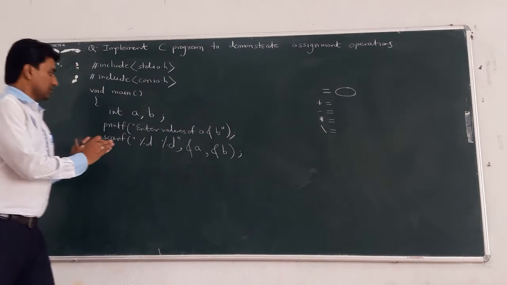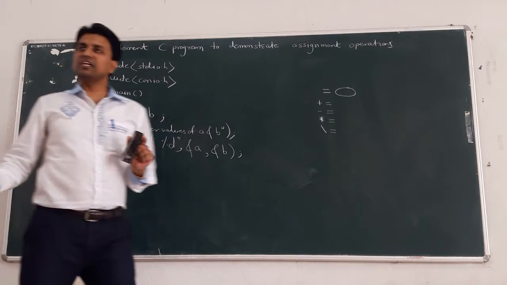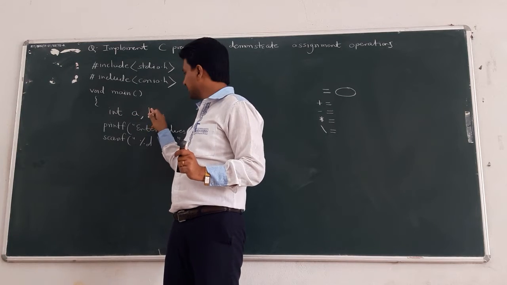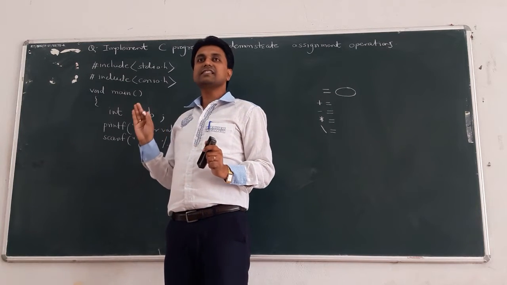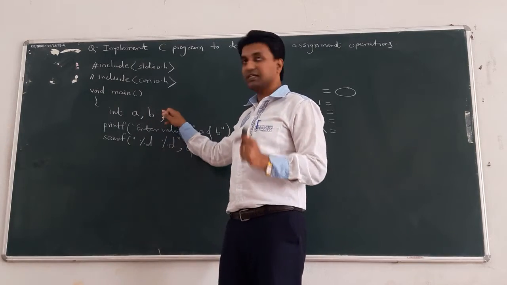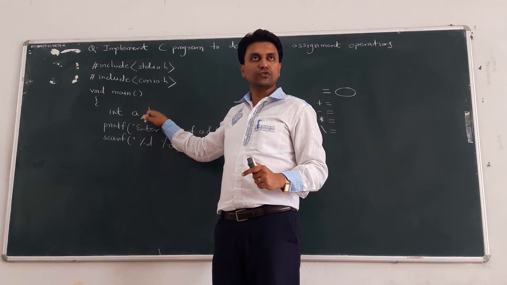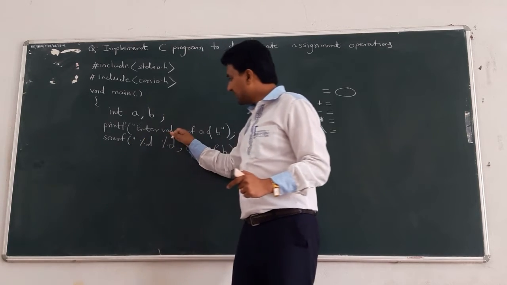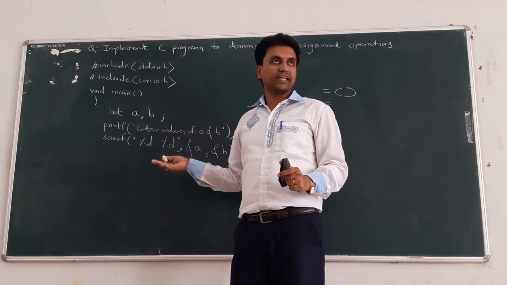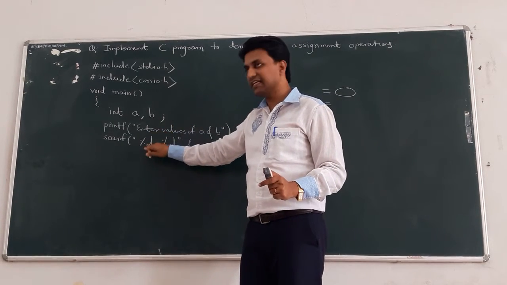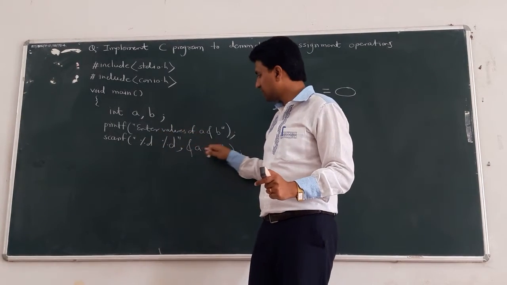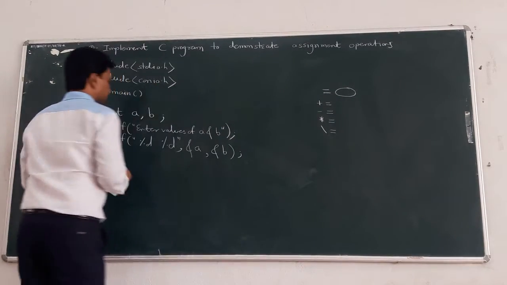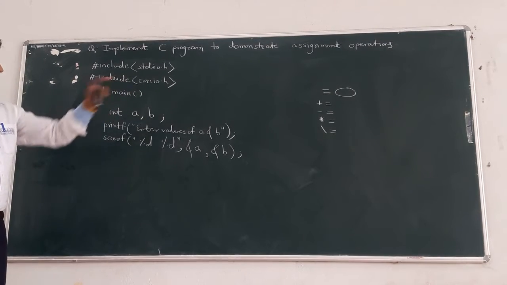Clear? There are two ways to assign values to variables a and b. Directly assign the value a is equal to 10 and directly assign the value b is equal to 20. That is static memory management, or statically we can assign the values to a and b. But these values are fixed. Clear? So we can take the values from the user at runtime by using printf and scanf statements. So these values are assigned by the user at runtime. Clear?